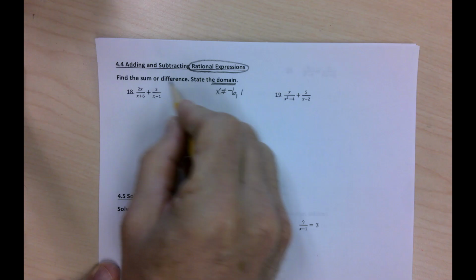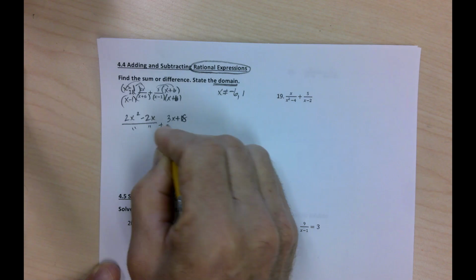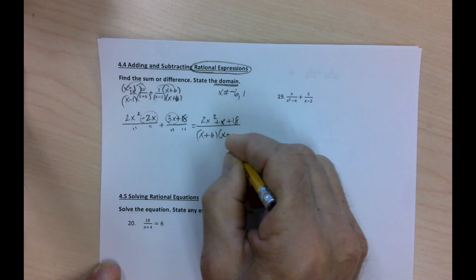Find the sum. We've got to find common denominators, so I'm going to multiply that by what it doesn't have, x plus 6. That's a 6, and this is x plus 6. Distribute 2x squared minus 2x all over our common denominator plus distribute 3x plus 18 all over our common denominator. So now we're going to add like terms. So 2x squared is by itself, negative 2x, and 3x is